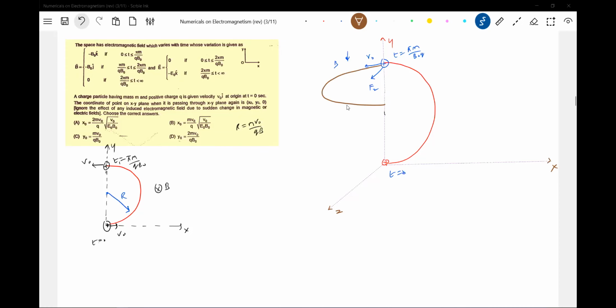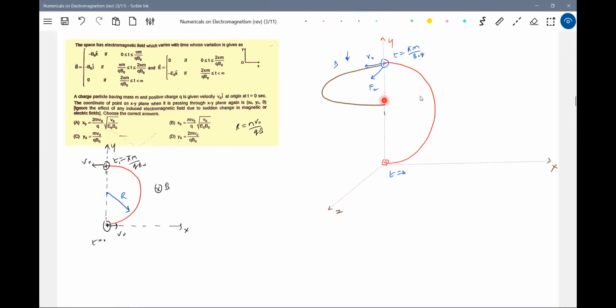Shall I continue? Shall I continue? Can you hear me? Shall I continue? Yes, sir. Okay. Then. Will it touch y-axis? No, it will not touch y-axis. That's what we have to, our diagram should be in such a way that it should not touch the y-axis. This will be so better.